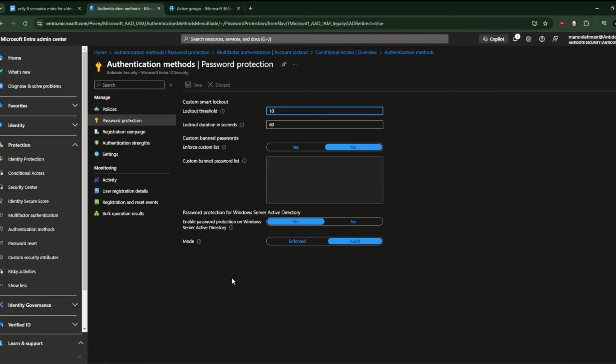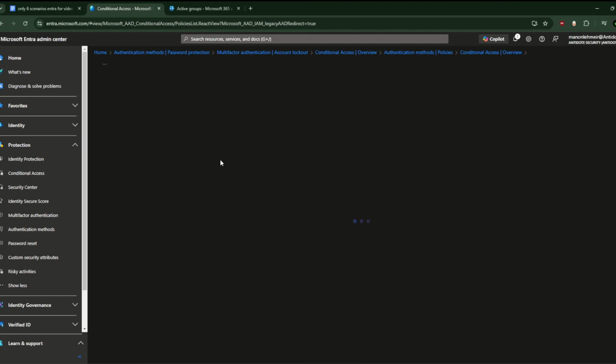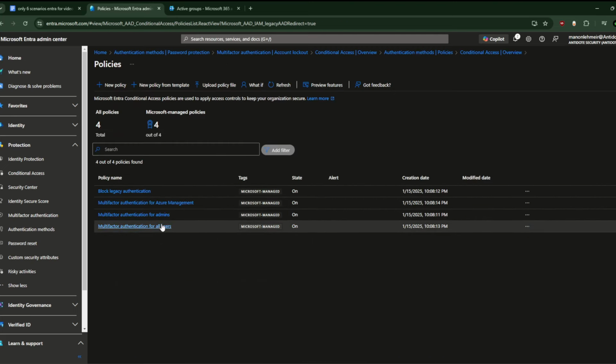So here it's about password, but why did I want to show you this? You could have implemented things, for example, right now where I log in, and just to give you the context, because I have set up all these authentication methods, when you go back on conditional access, I have 4 policies, and all of these policies enforce multi-factor authentication, especially Microsoft, in our case, when we want to register the Microsoft Authenticator app. And when I go back in here,